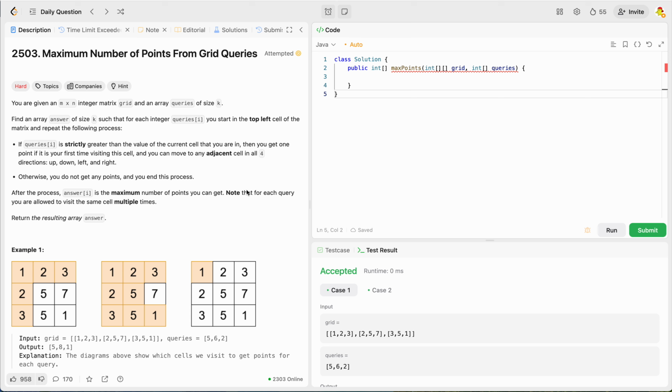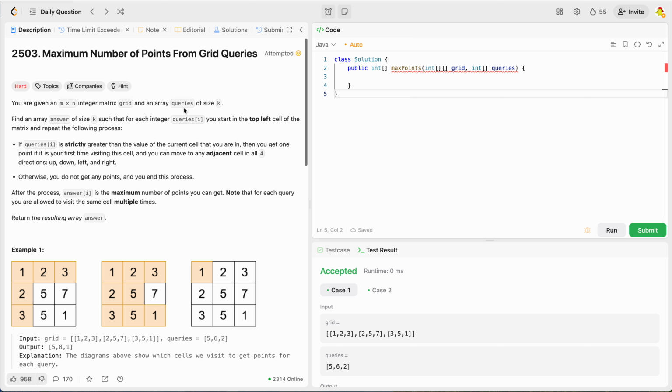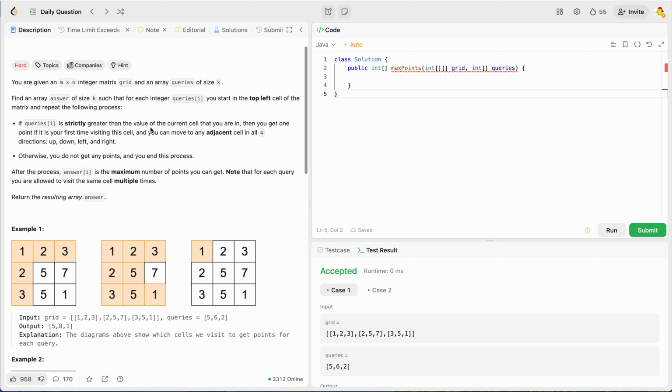Today we are going to solve a hard question on LeetCode, maximum number of points from grid queries. Let me read the problem statement. We will be given a grid of size m comma n, and there will be queries of size k. For each query, we will have to calculate something out of this grid, which is nothing but we'll have to start from top left, which is this one,